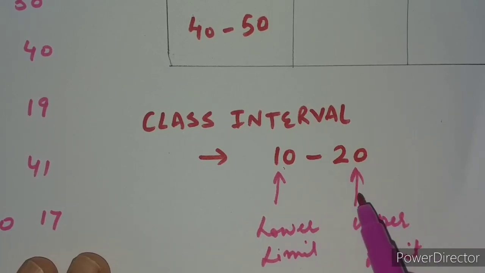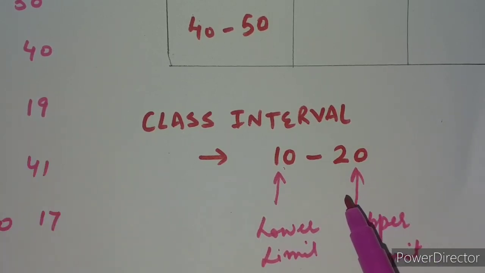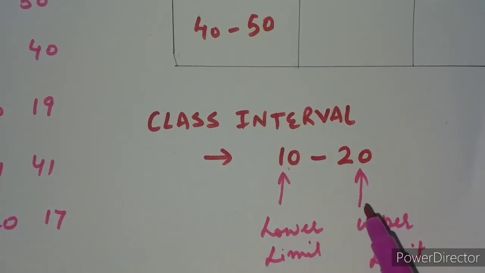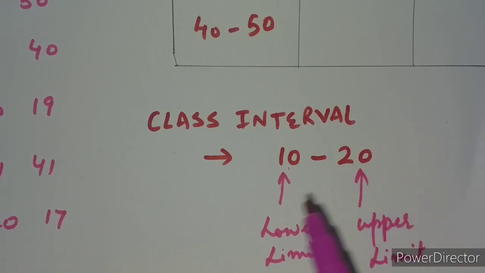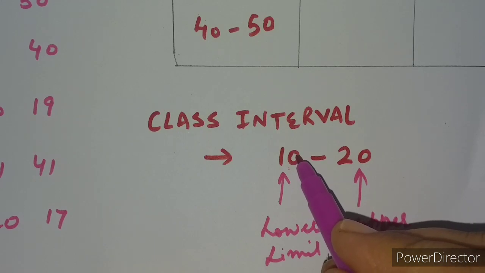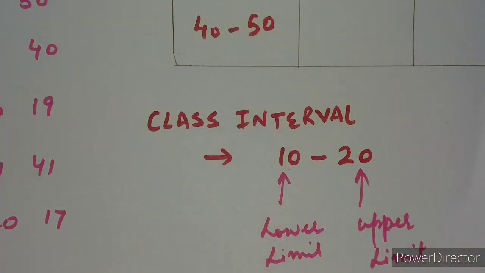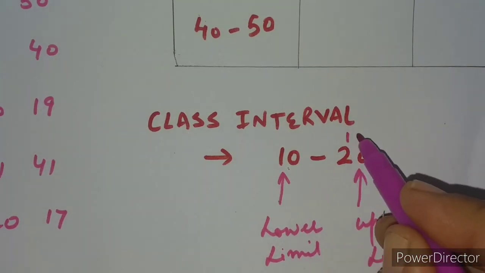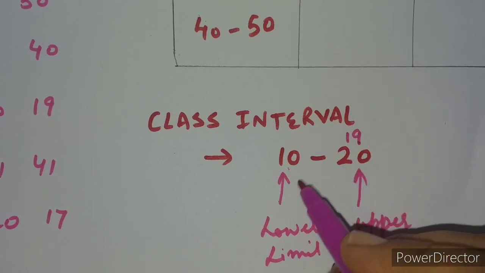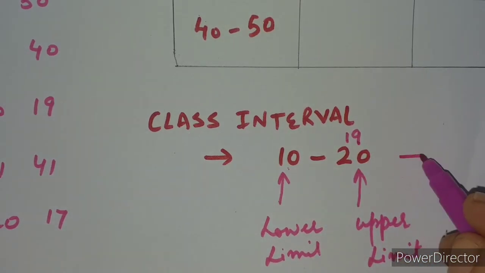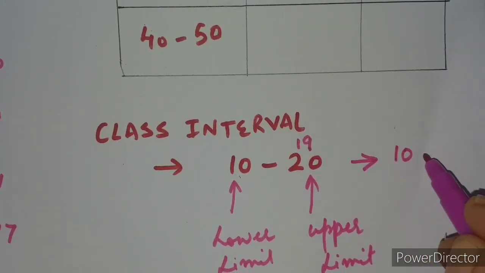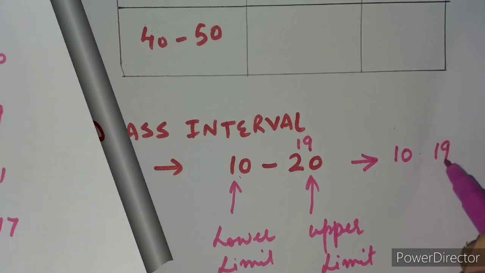This is actually the range for those marks which have been given to us in this chart or in this raw data which was provided to us. So whenever we have to count from 10 to 20, the minimum marks to be counted here will be 10 and the maximum marks counted will not be 20, but we have to go only up to 19, remember. So if it is written 10 to 20, then we have to count the marks starting from 10 and finishing at 19 only.